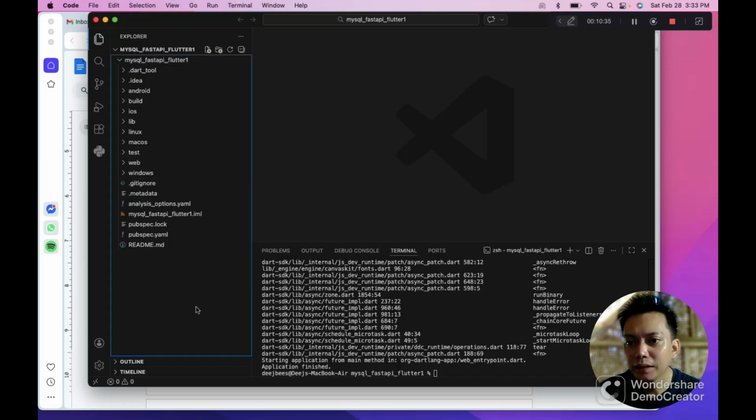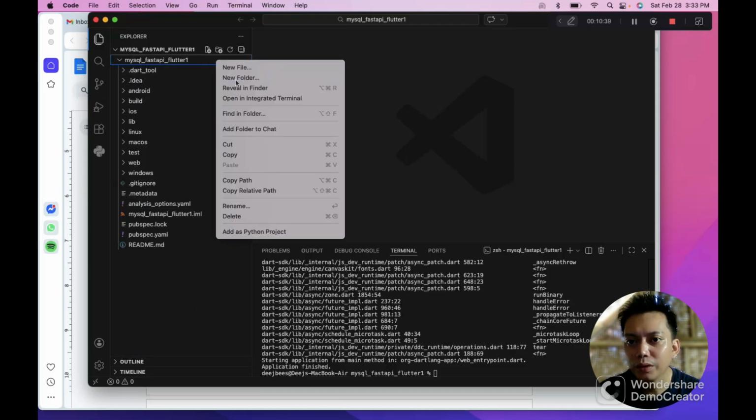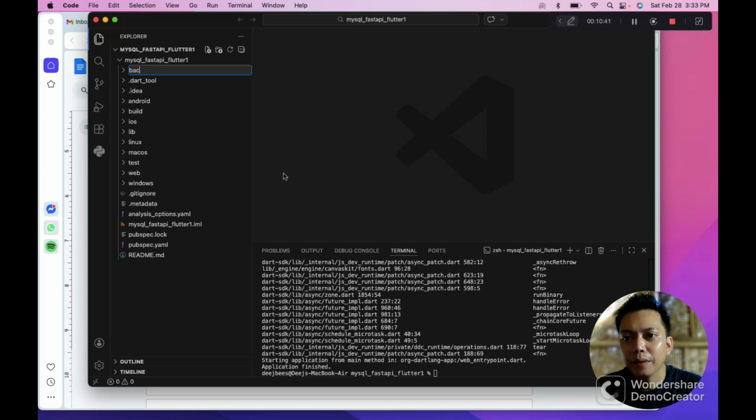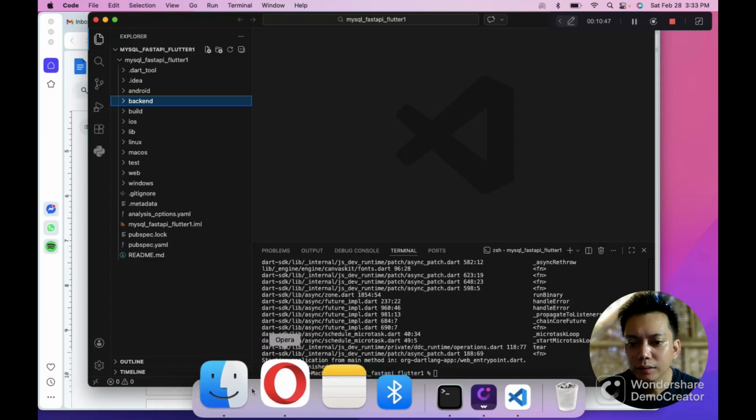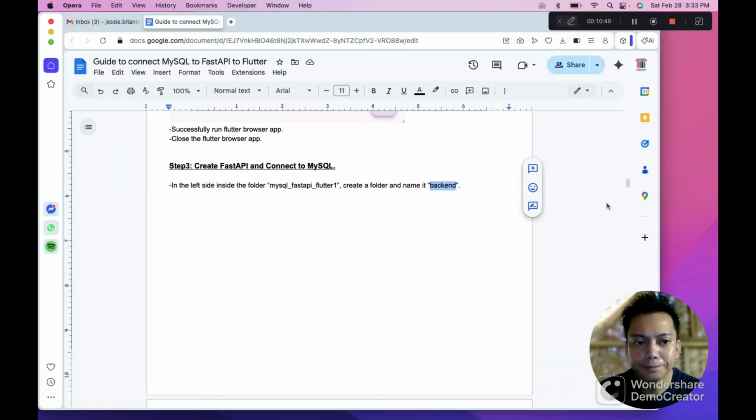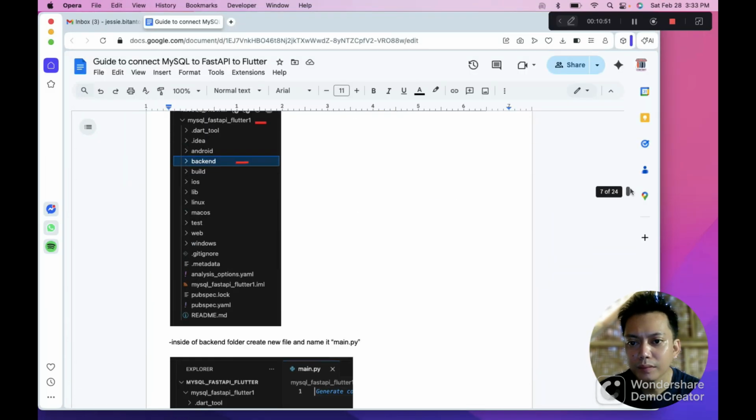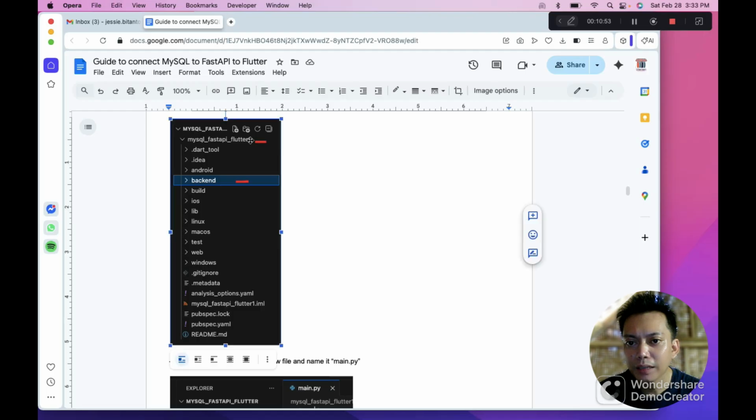I mean, it's not a file, it's a folder. New folder, backend. Okay, so here we have now the backend folder. So here it should look like this.